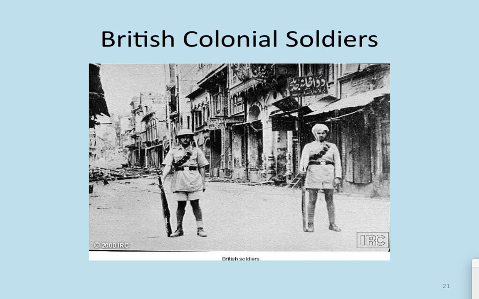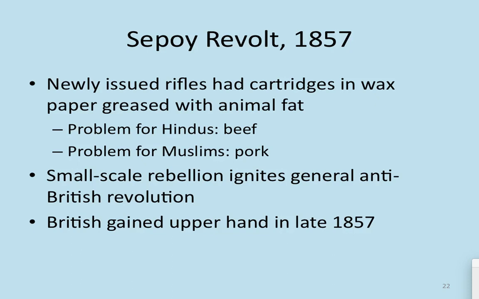So, they hire these Sepoys. Well, the Sepoys are going to rebel. This is a huge deal. It'll absolutely be on your AP exam. The Sepoys are going to rebel in 1857 against the British. This is a big deal. The Sepoy Rebellion is going to happen in 1857. They are going to rebel because there is a rumor.